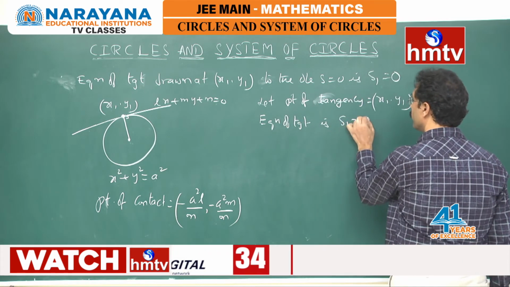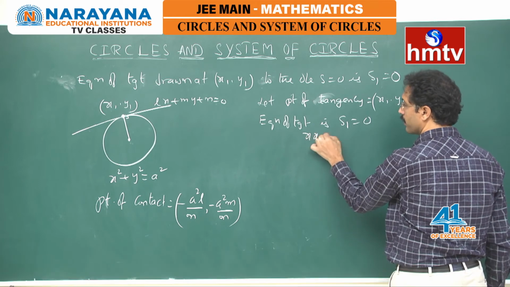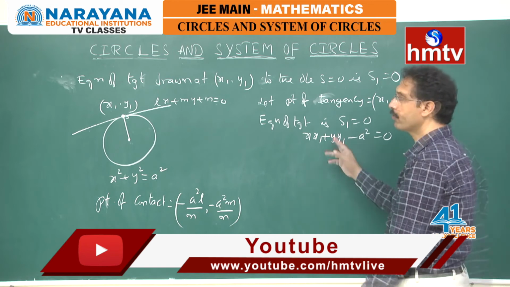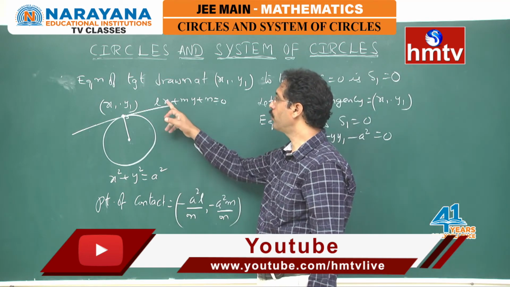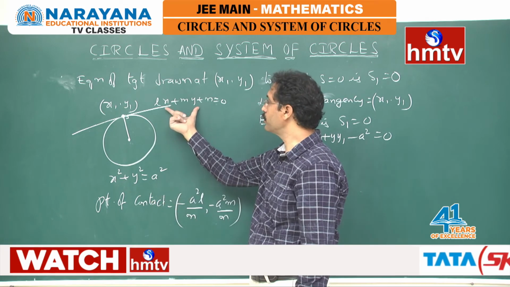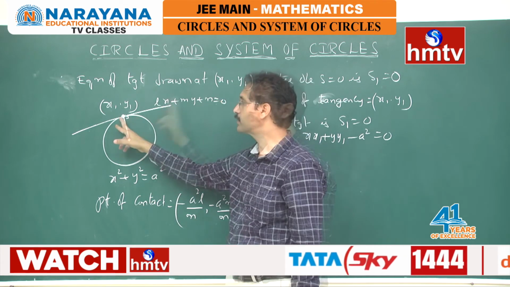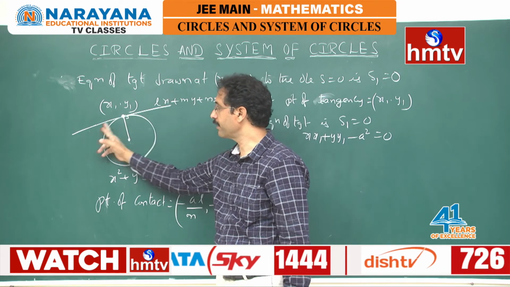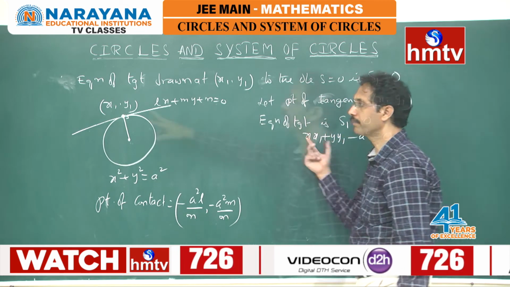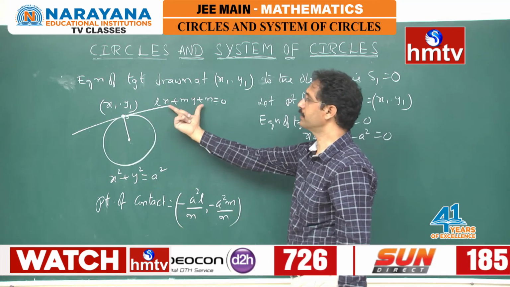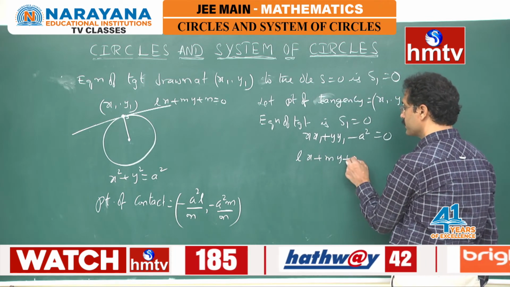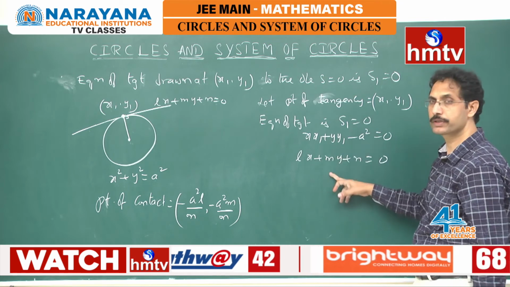S1 equal to 0, which is nothing but xx1 plus yy1 minus a square equal to 0. It is the equation of the tangent. But originally what we are asking is the point of contact of this line with respect to this circle. That means we already assumed that this is the tangent at this point. So, for this line we have two equations. One is this equation by definition and another is this equation. So, we can say that Lx plus my plus n is equal to 0, and these two equations represent the same